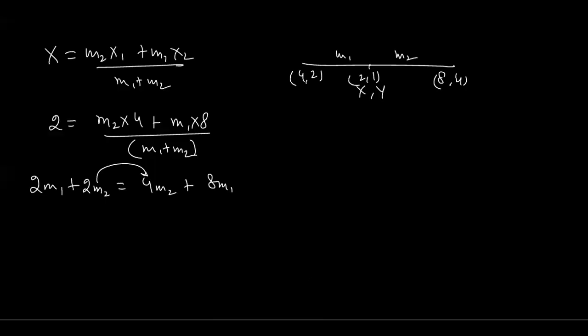So coordinates are 4 comma 2 and 8 comma 4. So here we have 2 m1 to m2. Here we have 4 m2, 4 m2. Very good. Sahi hai ekdam. And that is 8 m1. This is x1, this is x2, sorry, this is x2, this is x1. So it's correct. So when you take this m2 to the side, this will become minus. How is it becoming the minus? So for me, m1 and m2 is equal to 1 upon minus 3.